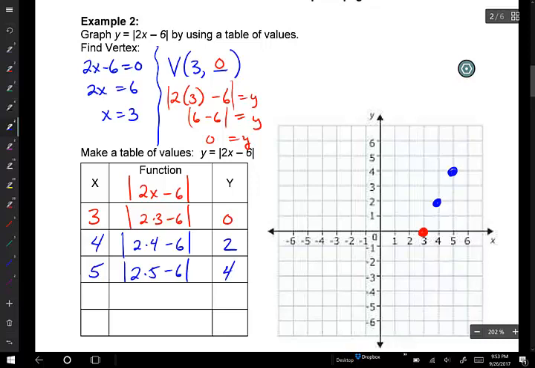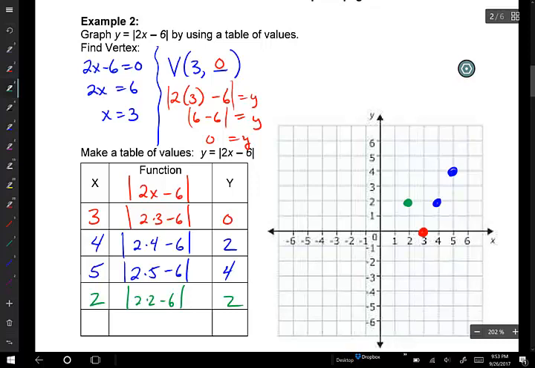Now this is going to have the same characteristics as the last problem, but just to show you how it works, we're going to plug in a value left of that red dot, left of that vertex, plug in the value 2. 2 times 2 minus 6 is 4 minus 6, which is negative 2, and the absolute value of negative 2 is 2. And right away you see that these 2 points, the green dot and the first blue dot,